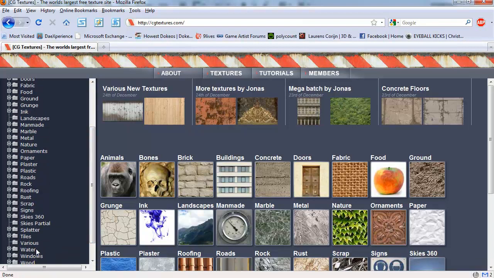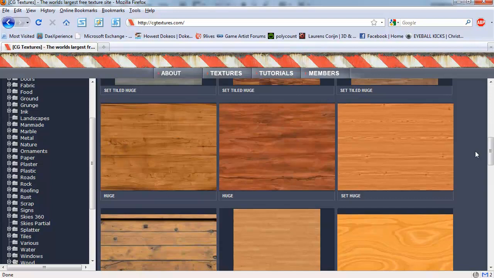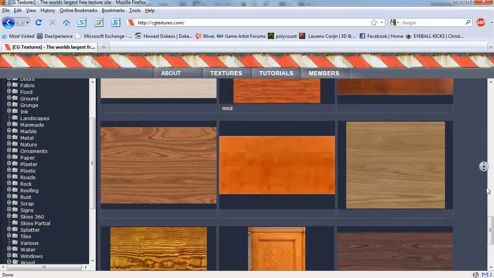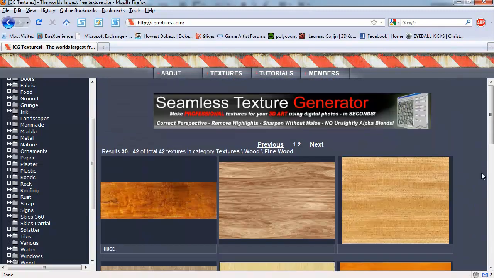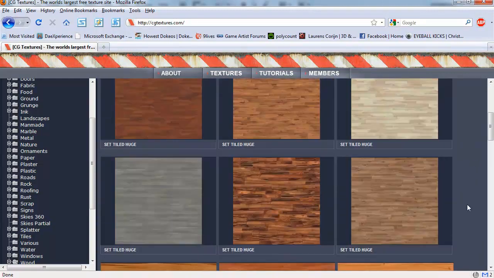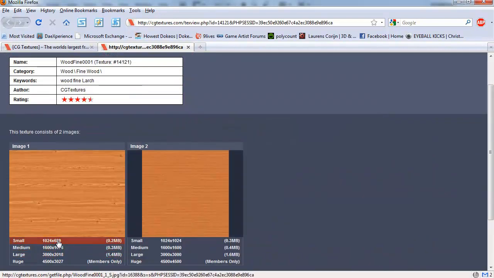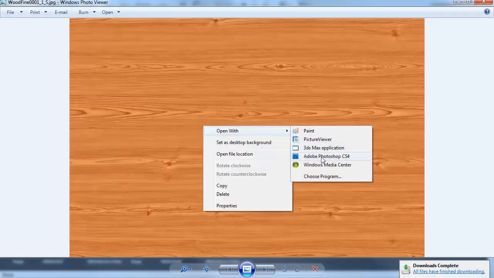Going to CG textures, and yeah, we're going to do the wood first since it's a simple one. I'm just going to look for a decent wood texture that I can use to do the dashboard of the car. I'm looking for one that has an interesting texture that I can use. Fine wood. This one looks pretty good. I mean, there's some interesting detail in there, so I'm just opening this,